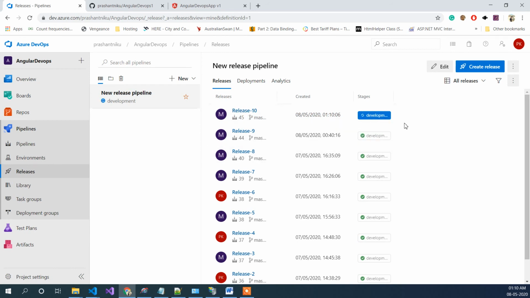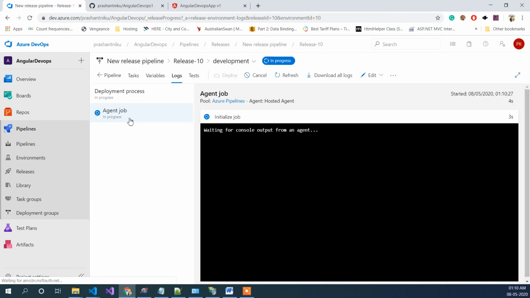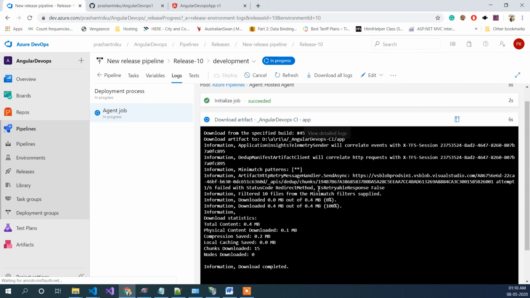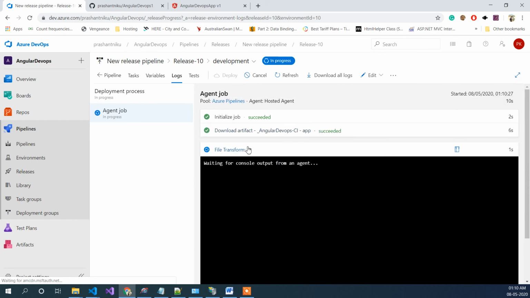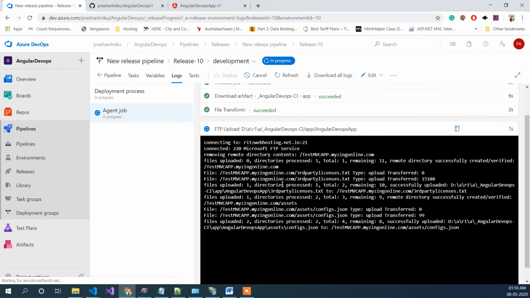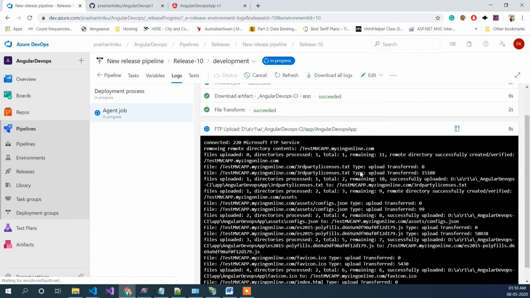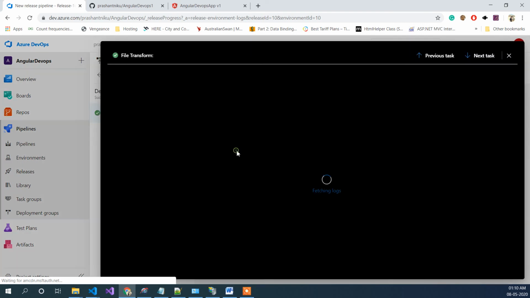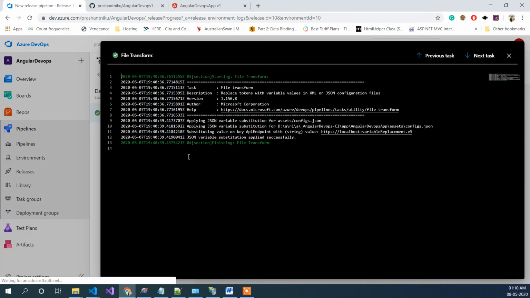It will just start deploying, or let's just get inside and see what is actually happening. So it is done with downloading the artifacts, and now we can see how the transformation is going on. So let's just see whether we get any transformation or not.